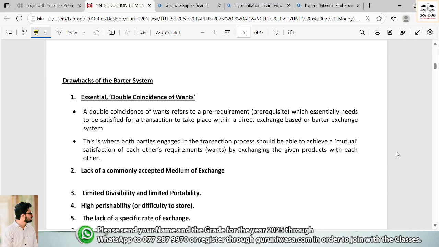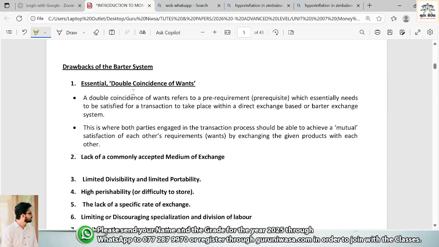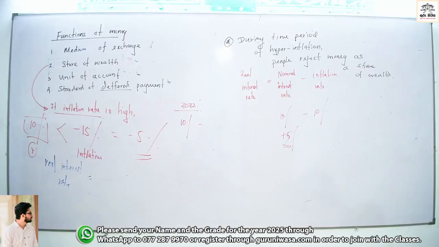Drawbacks of the barter system. Remember this a little. I explained the first one. The main bottleneck of the barter system is double coincidence of wants. Double coincidence of wants refers to a prerequisite which essentially needs to be satisfied for a transaction to take place within a direct exchange or barter exchange system. Listen to me carefully. Double coincidence of wants means